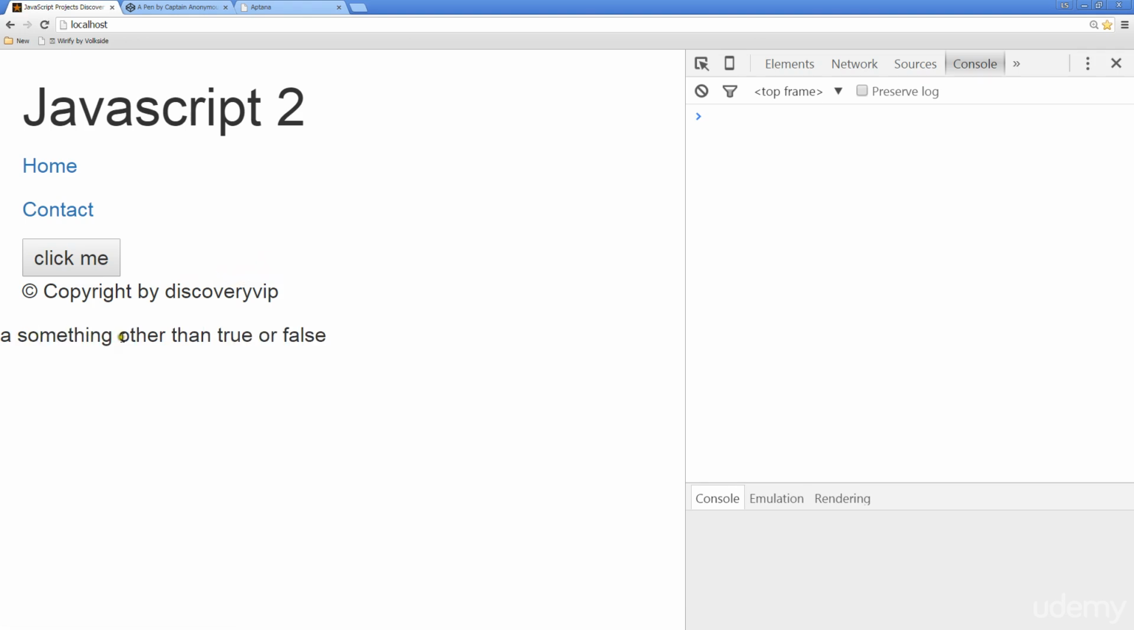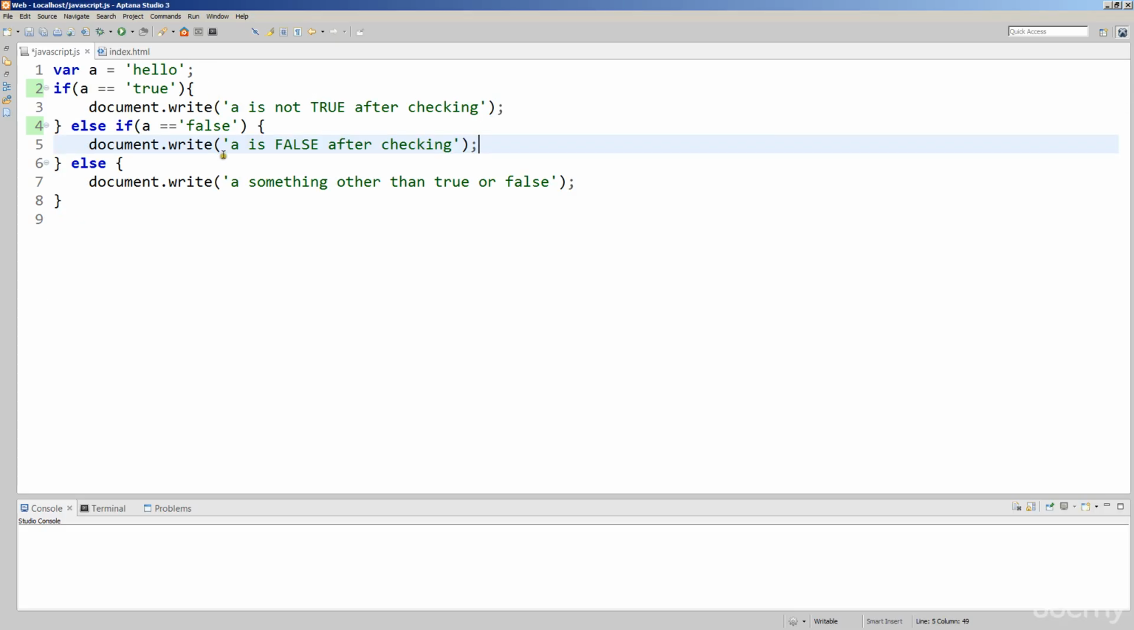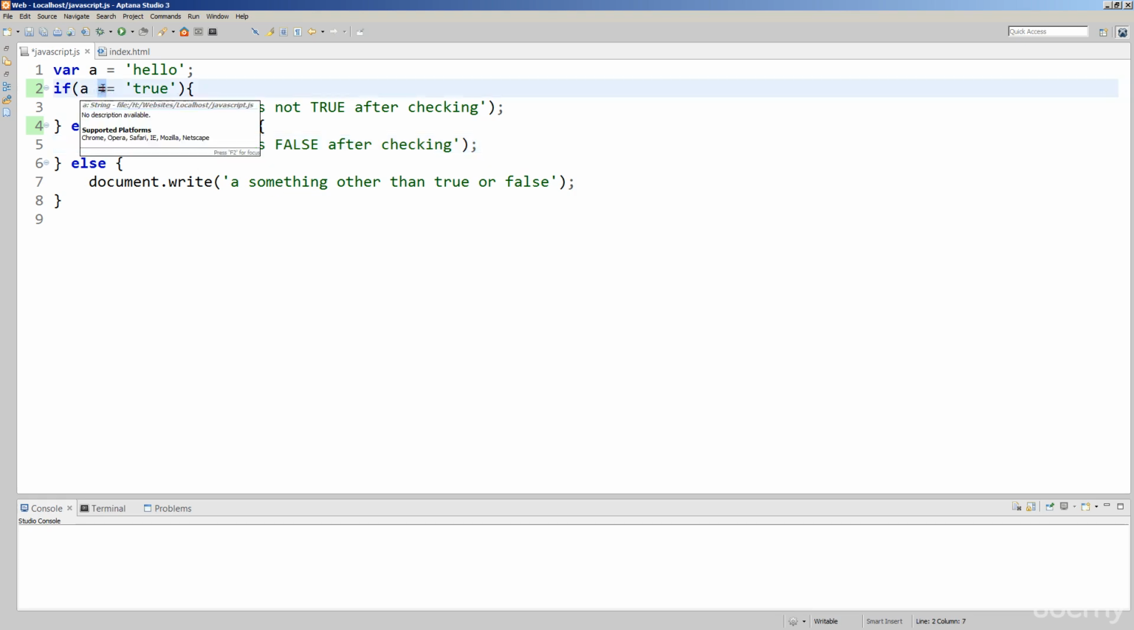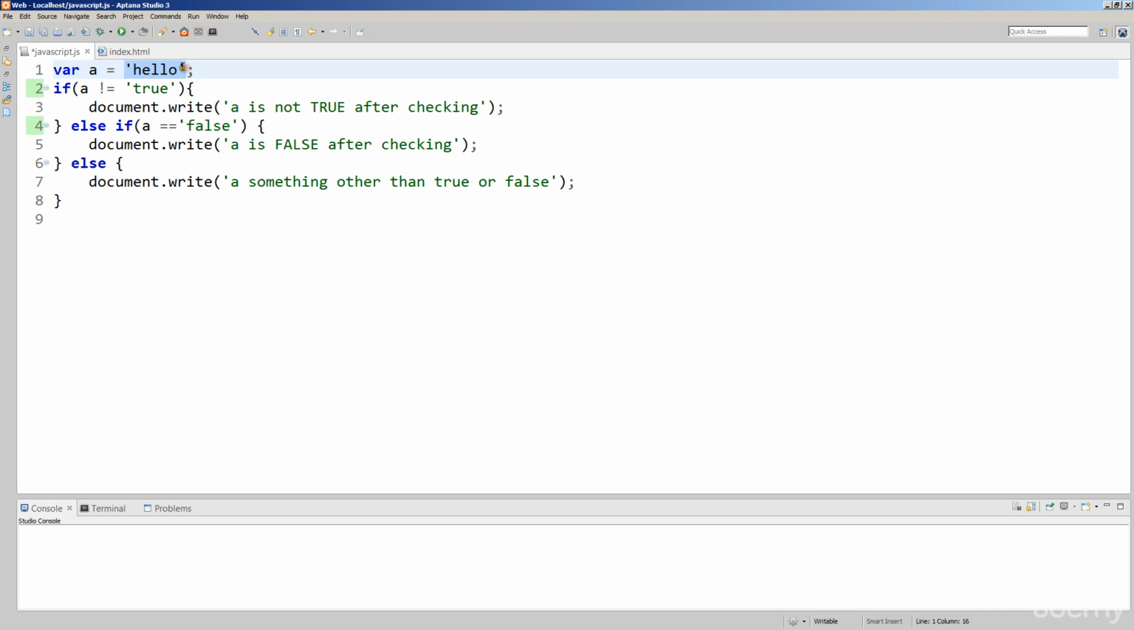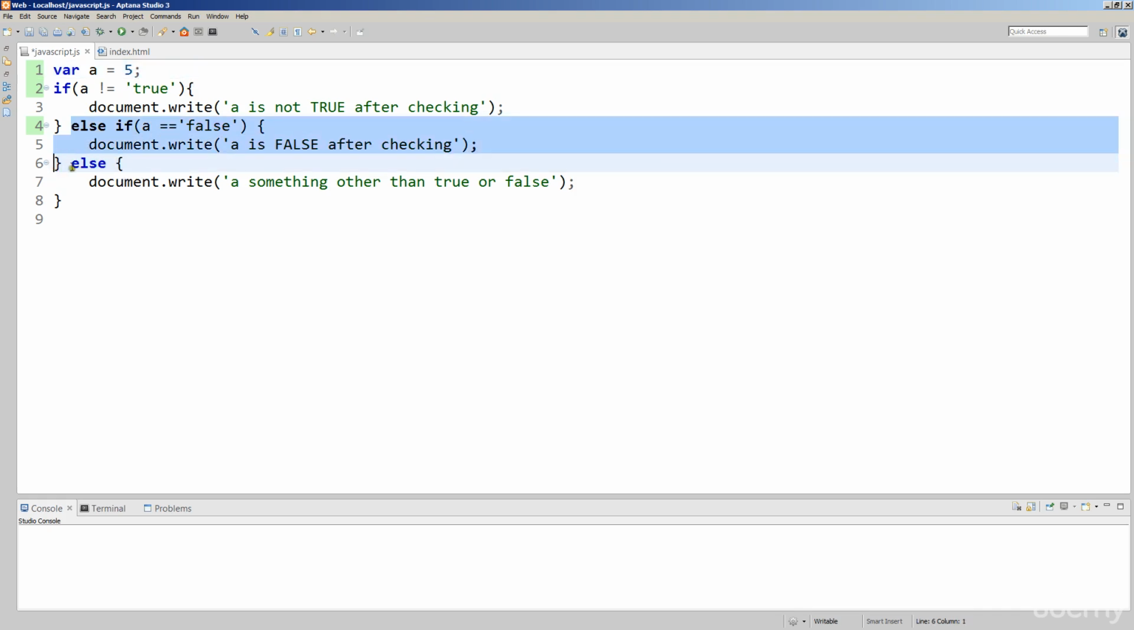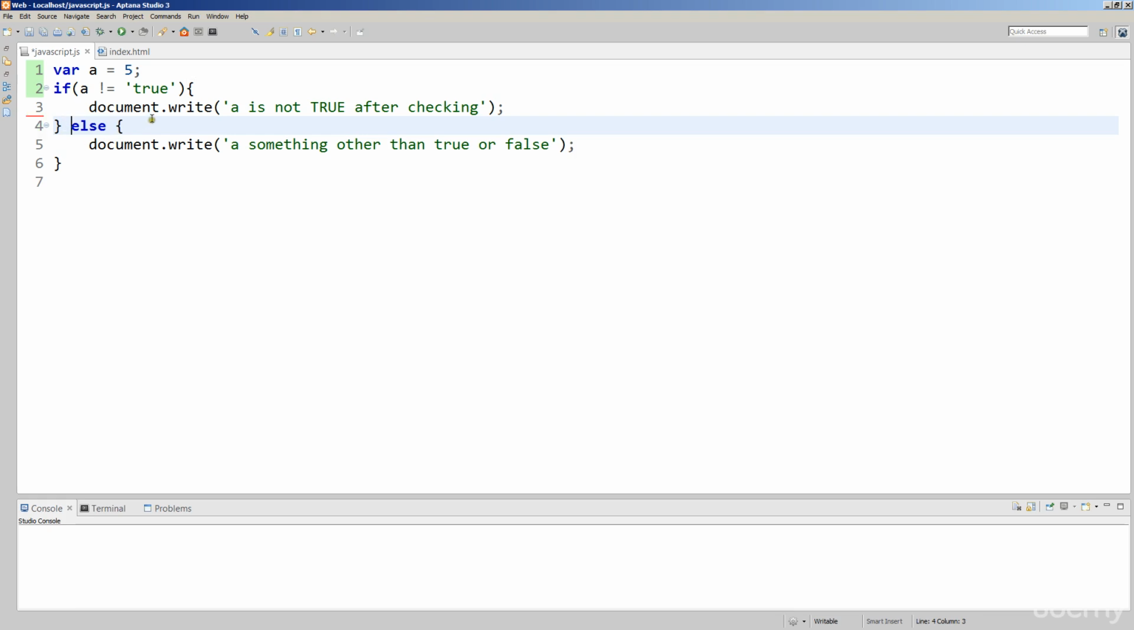So something other than true or false, because we've checked for true, we've checked for false, and we see that we've got this value. So using operators like equal, we can also do not equal, and we can also use greater than symbols. So if we had a numeric value for a, I'm just going to get rid of this one here, and I'm going to do an else. So a now has a value of 5, so if a is greater than 4,